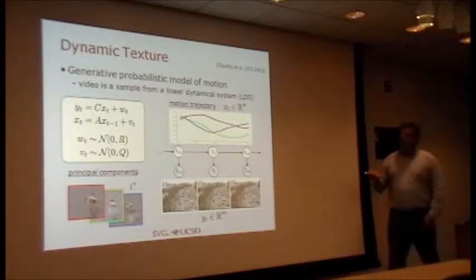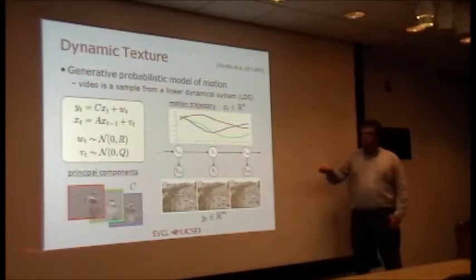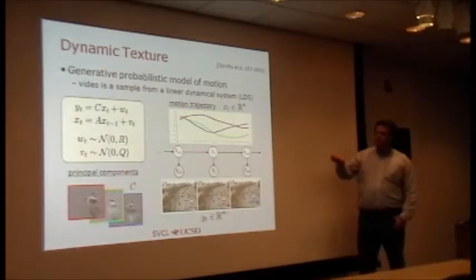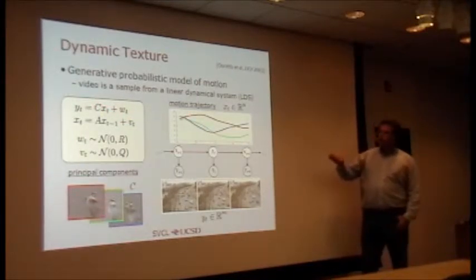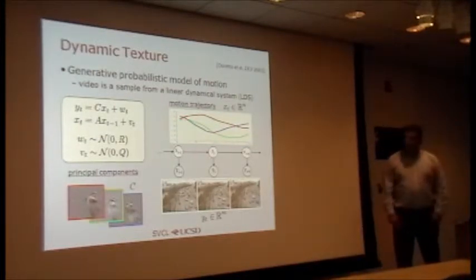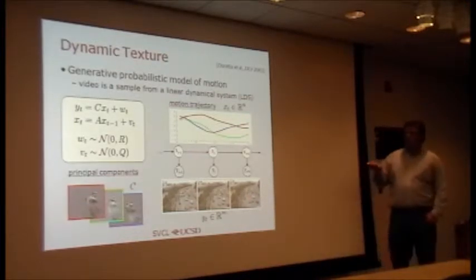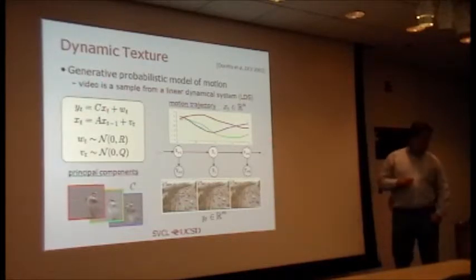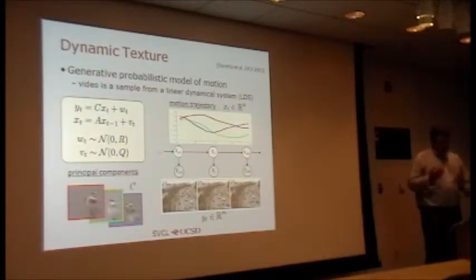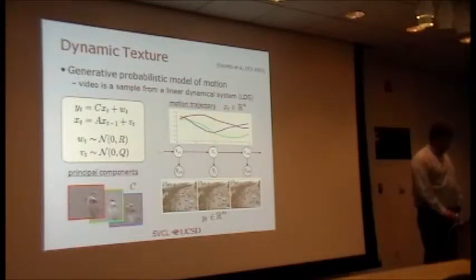coefficients over time. So you can literally think of this as principal component analysis with memory, where in addition to computing these principal components and figuring out the projections of the data on those principal components, we also keep track of how the principal component coefficients change over time. Because of that, it captures both the appearance and the dynamics of the sequence. And we can use this model to do interesting things in terms of modeling texture globally, for example, or modeling this type of video.